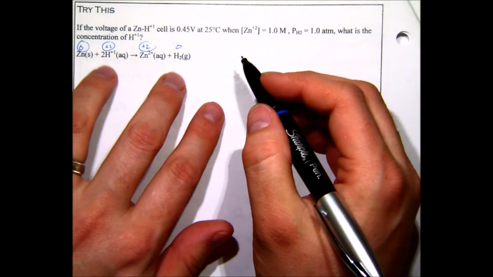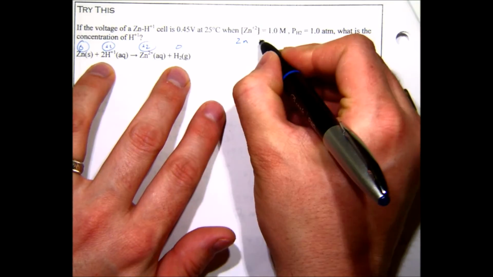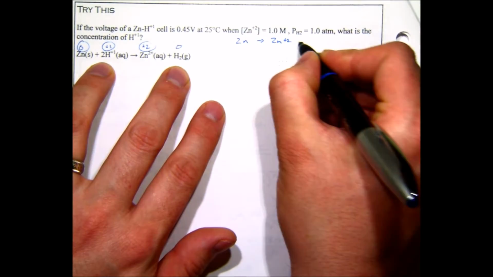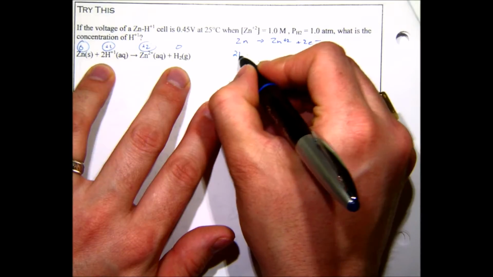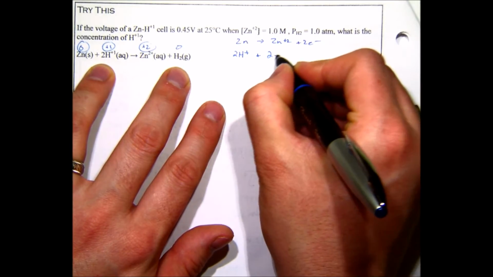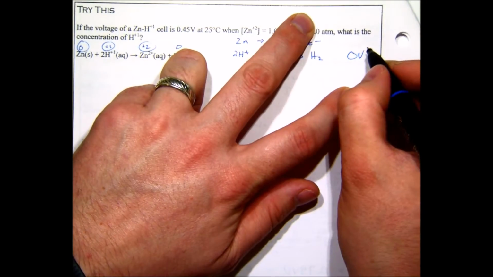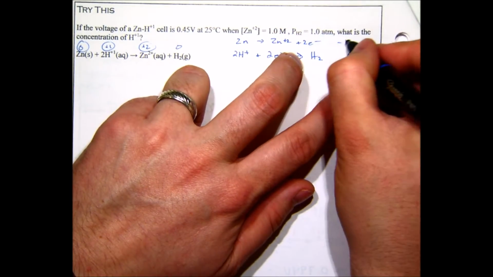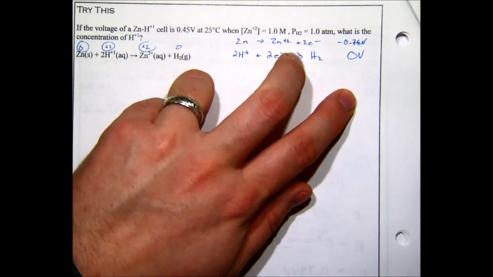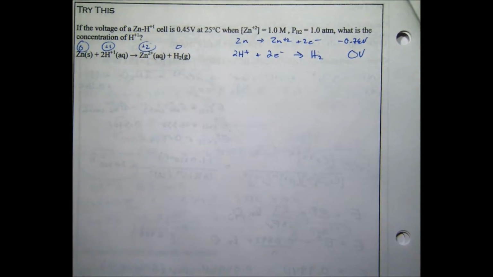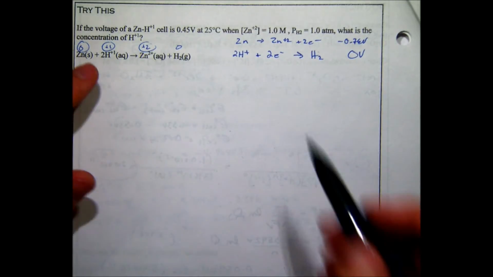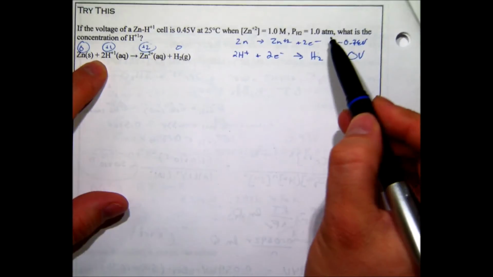So I'm looking at this and I am seeing the standard hydrogen electrode. So zinc going to zinc plus 2 electrons, 2 moles of hydrogen. So by definition, this is 0 volts. We look up zinc and we get negative 0.76 volts. So again, we're going to keep doing it, but what we're looking at is do your oxidation states,